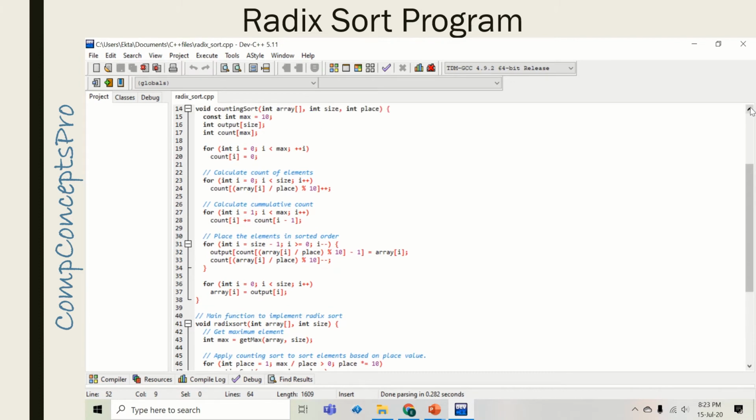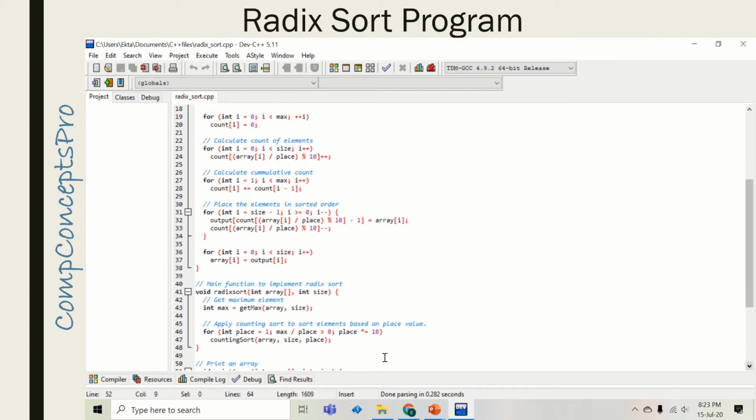So the logic of counting sort starts from here. In each iteration, we will pass our array, size of the array and current value of place here. When this for loop runs for the first time, the value of place, which is 1, will be passed on from here. Then in the next iteration, place will become 10, so 10 will be passed on for the next call of counting sort.